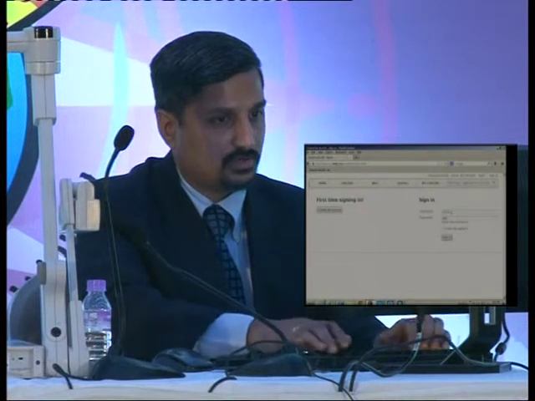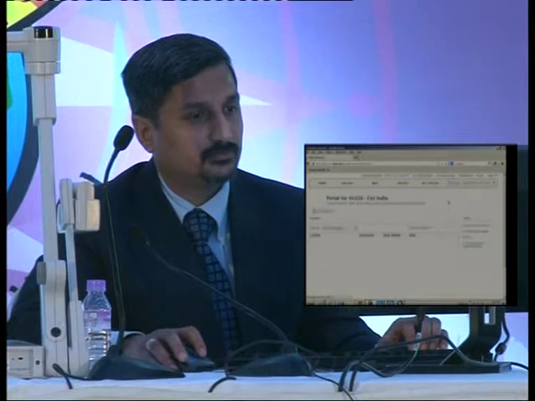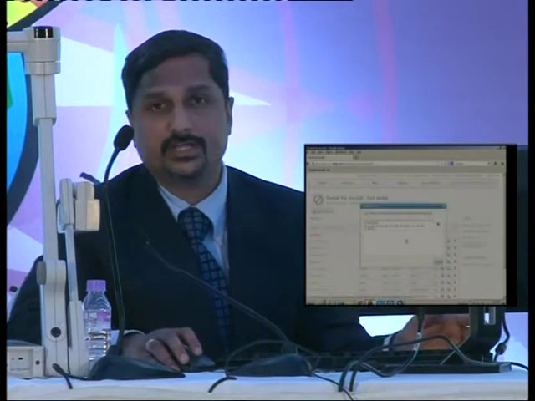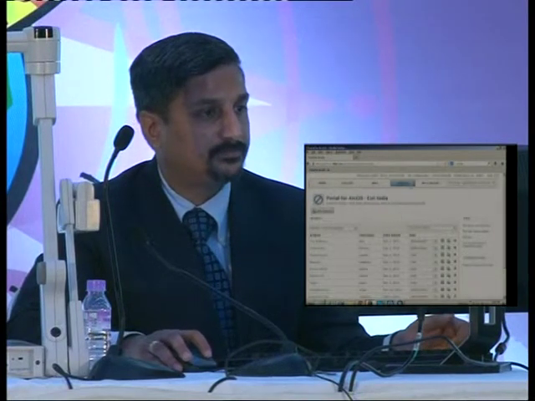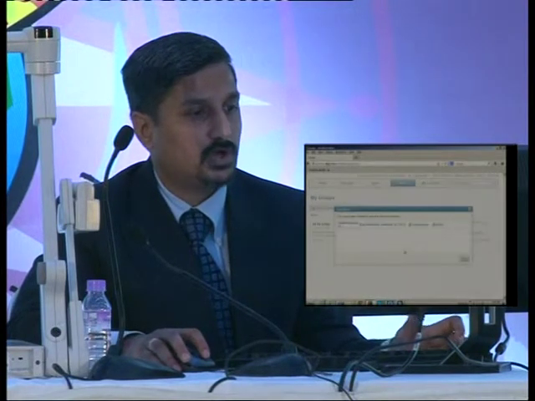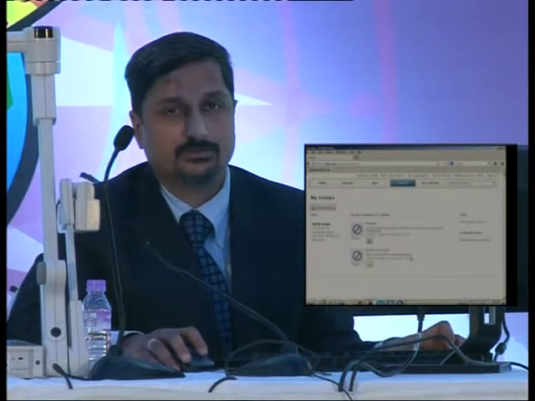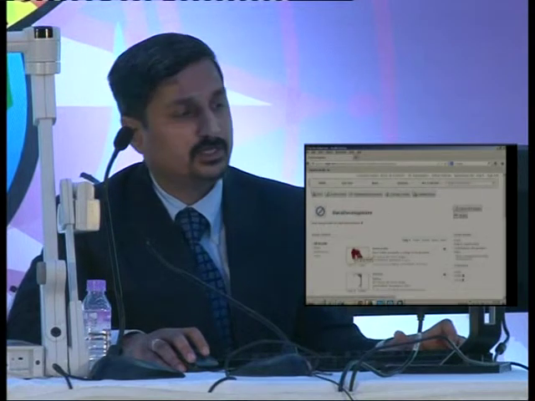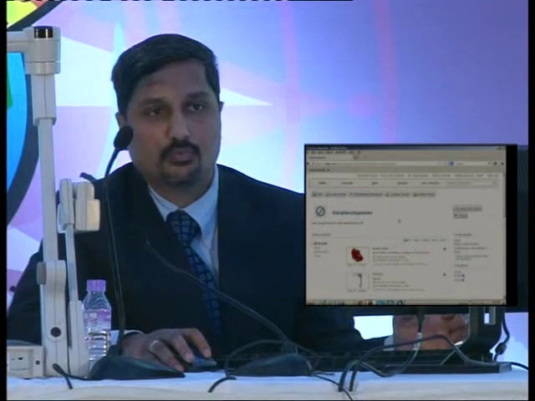So once the user logs in to his account, the invitation notification will come over here: you have been invited to join the data development team. He can go to his particular group and accept the invitation or reject it. Once he says join the group, he becomes part of that group and can start contributing to it. The whole GIS content is managed through groups or through the portal.